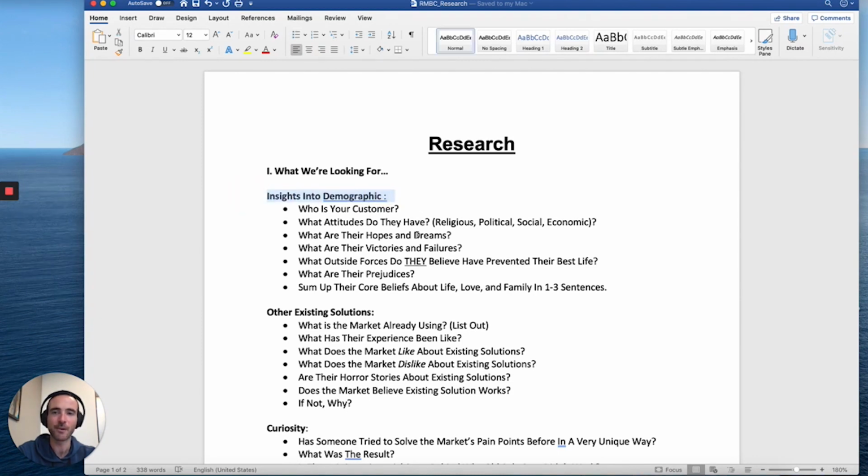So the first thing we're going to tackle is insights into the demographic of the market that you're targeting, right? There are some basic questions like who's your customer, what attitudes do they have, what their hopes and dreams are, what their victories and failures are, what outside forces do they believe have prevented their best life, what are their prejudices, and then we're going to sum up their core beliefs about life, love, and family in 1